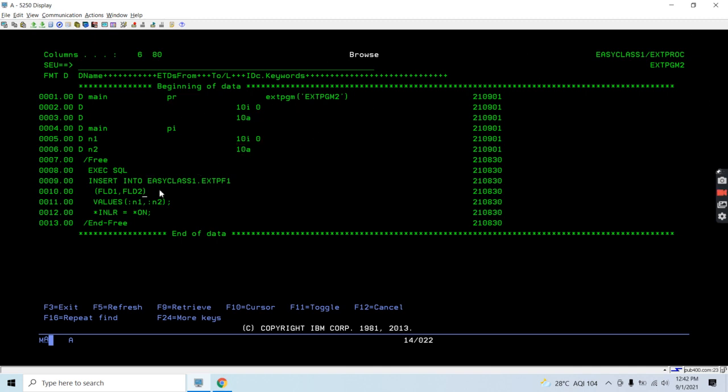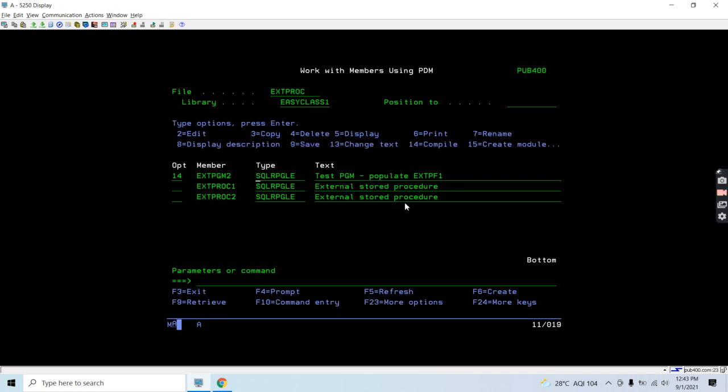Basically I'm taking the inputs and inserting them into the table fields. This is a very simple program of a few lines, which inserts records in this extpf1 file, taking the field values as input here, n1 and n2.